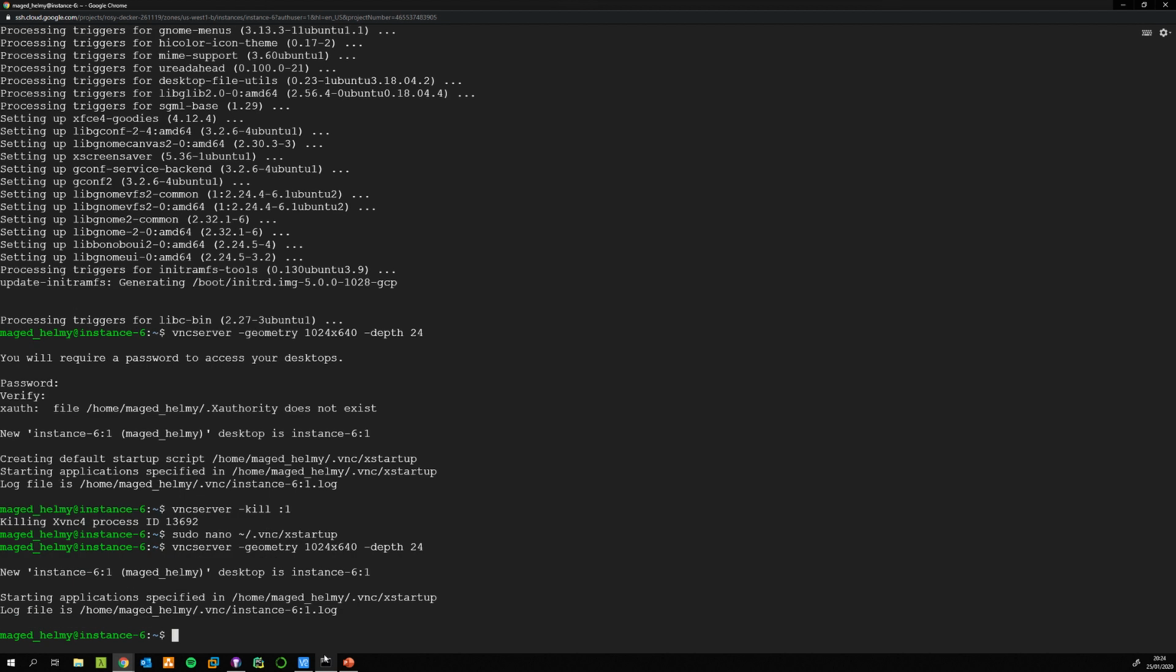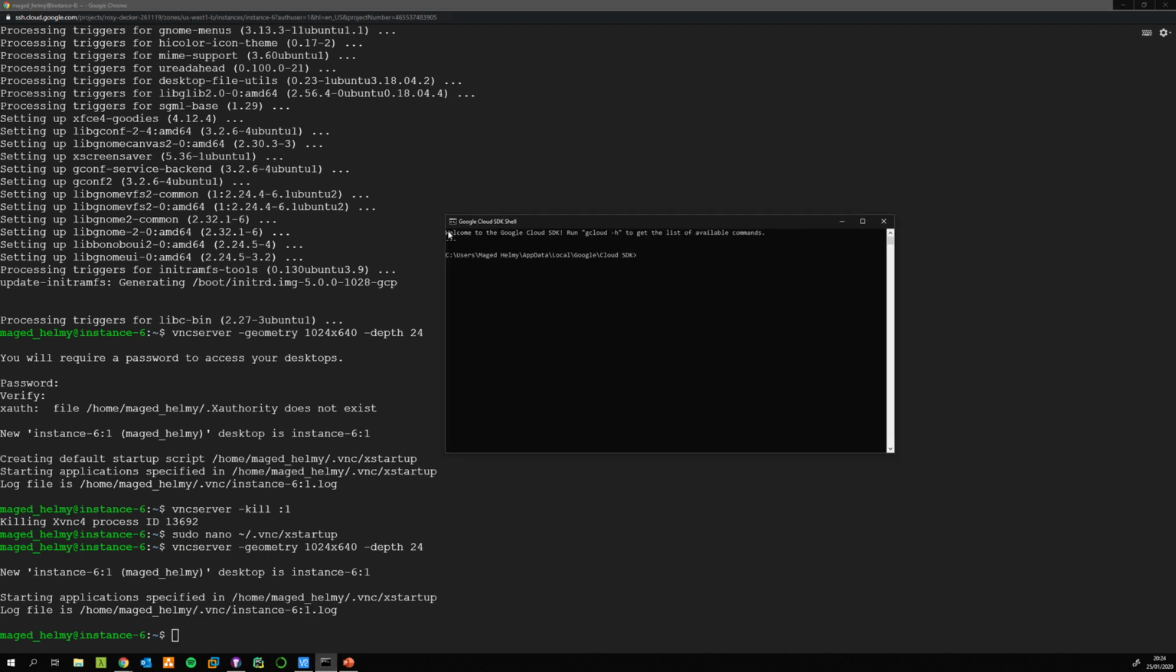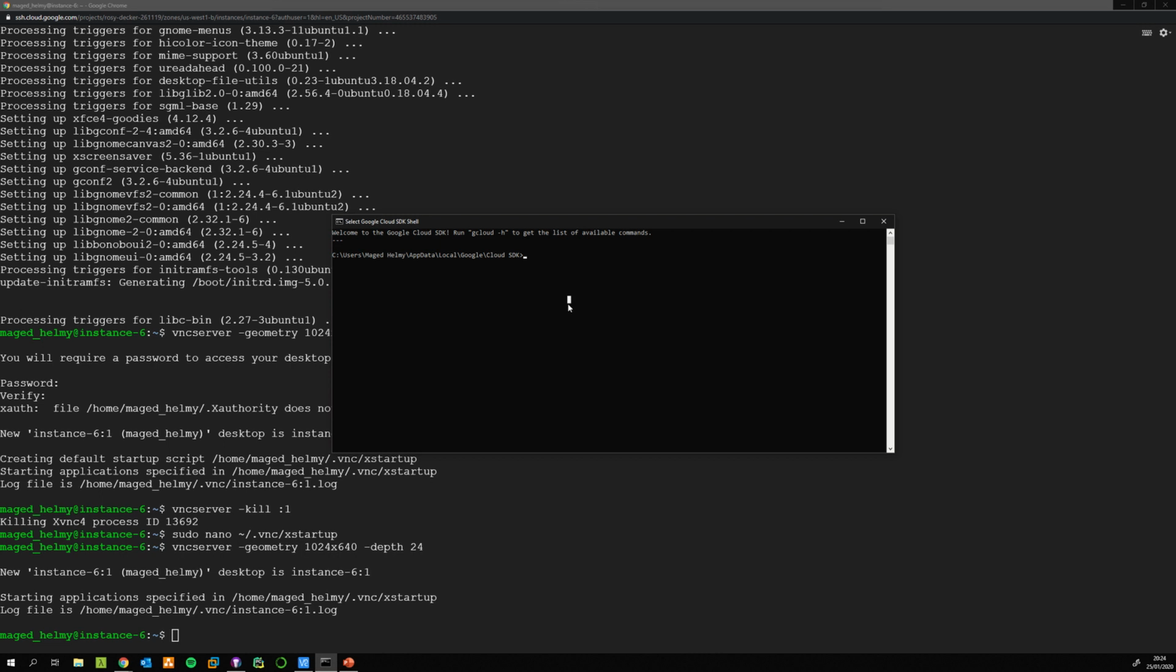Now you go into your GCP cloud console, and you type this. You're going to type gcloud compute ssh, and then your instance name. My instance name is instance 6, and I can tell that because it's right here. Then space, and then your project name. My project name is Rosie Decker